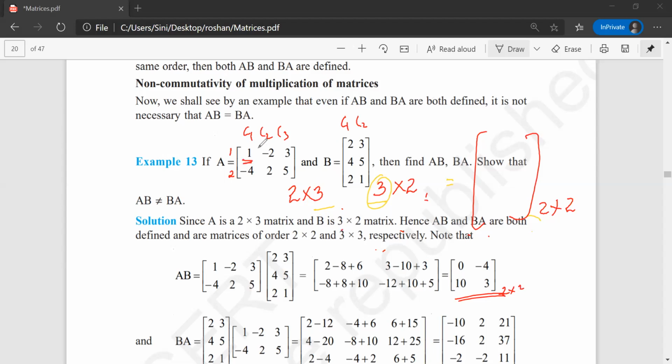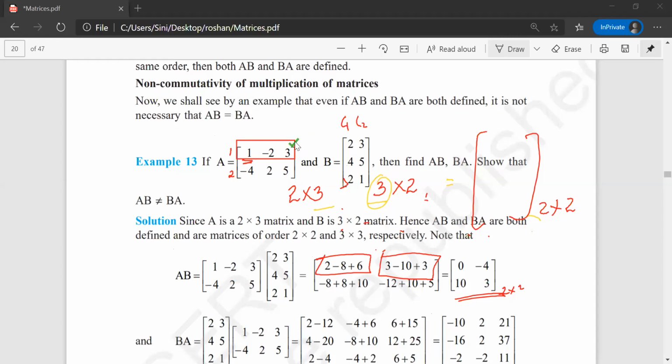So this first element, I will multiply with what? 1 into 2 plus minus 2 into 4 plus 3 into 2. That is 6. That is my first element. If I have done this, the next thing will be what? 1 into 3 plus minus 2 into 5 is minus 10 plus 3 into 1, 3. That is my second element. Done. Very easy step. Now I have completed my what? I completed my first row calculation, which means I completed this one. This one is over now. This one is over now.